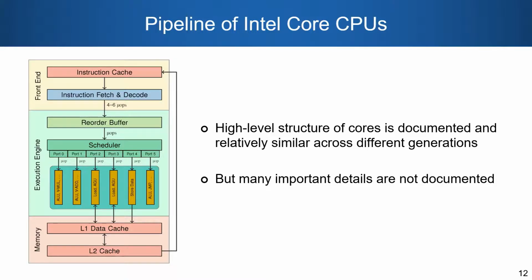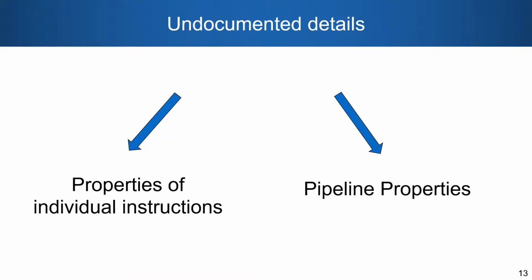So the question now is, how can we build an accurate throughput predictor despite the fact that many of the necessary details are unknown? There are two classes of such unknown details. The first one are properties of how individual instructions are executed, and the second class are properties of different